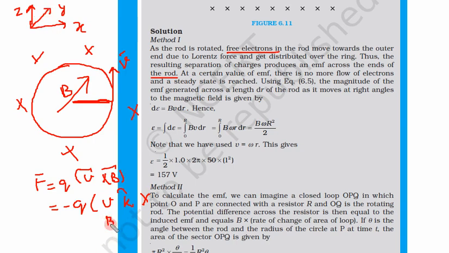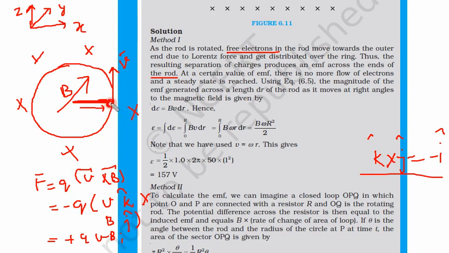Cross B, which is in the y direction, B j. This is the way we write it, and you know k cross j is equal to minus i. j cross k is i, but k cross j is equal to minus i. So the direction is Q V B, and this is minus i, so the minus will become plus. So electrons will move towards the positive side of the x direction.